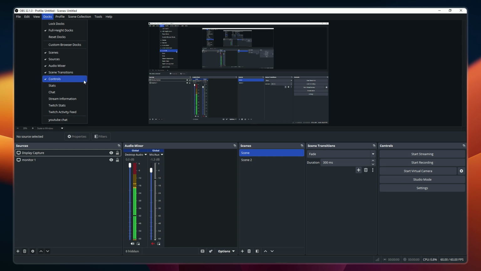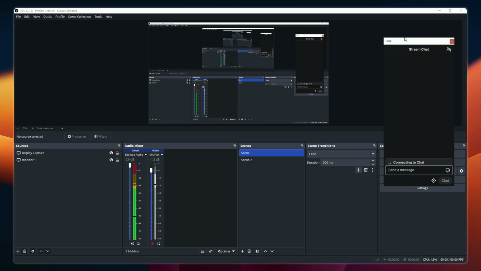From the drop-down menu that appears, locate and select the chat option. This will open up the chat dock window if it wasn't already visible in your OBS layout. The chat dock is particularly useful for streamers who want to monitor their live chat without switching between different windows or applications. Having it visible while you're live helps you stay engaged with your audience and respond to comments in